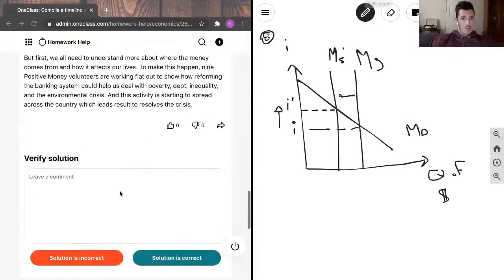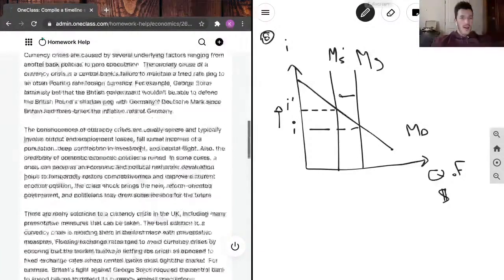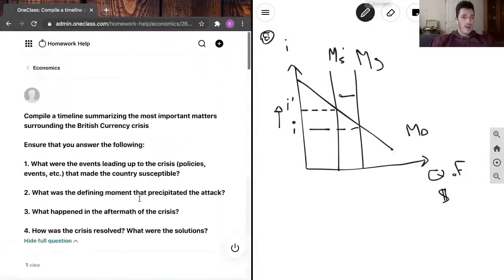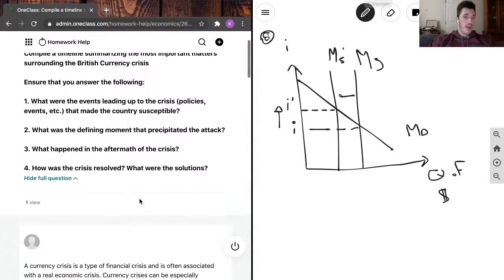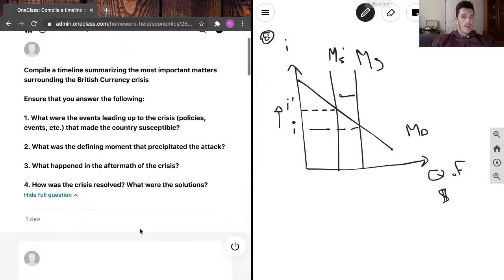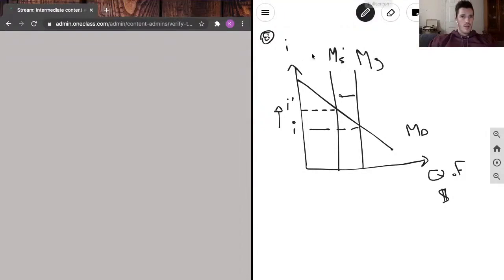Interesting. If anybody's interested in that further, I'd recommend Googling it and giving a read up on it. I don't really have anything else to add outside of the little bit of commentary I had as I read through. Move on to, I think, our last question, or maybe our second.